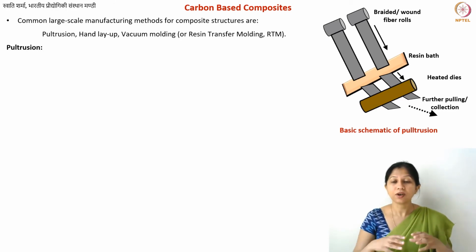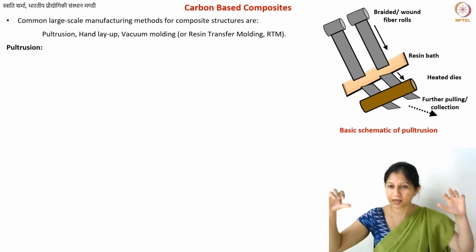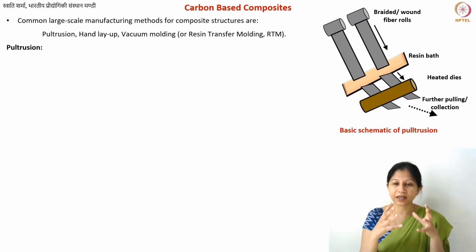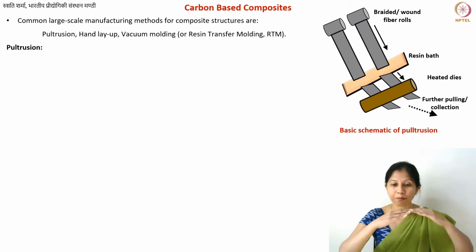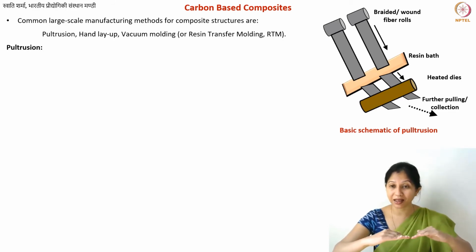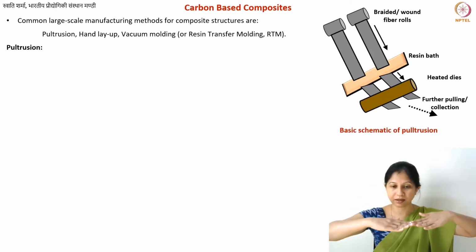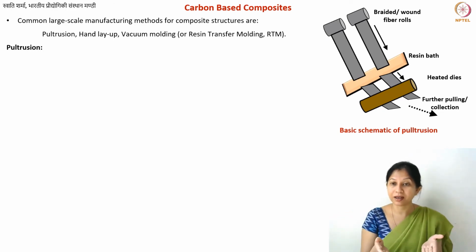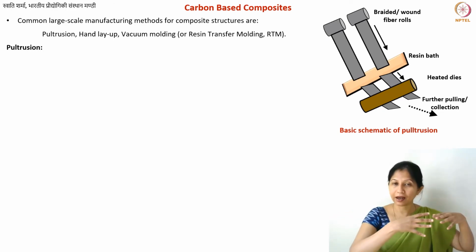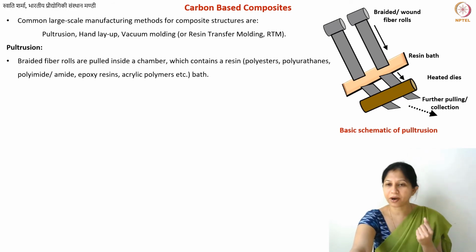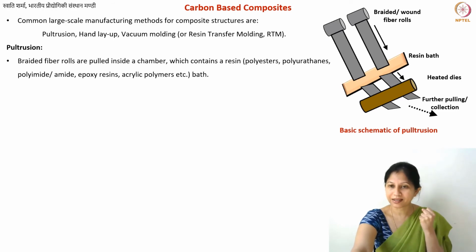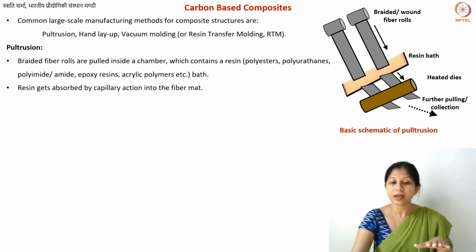Okay, now you have these cylinders. There can be multiple cylinders; I have just shown two. So you have cylinders, and then you keep on pulling the cloth or your fibers, and then they pass through a resin bath. So they go inside a sort of pot where you have the resin bath, and based on the capillary action, your fabric will take some resin inside, and then this entire structure goes through these